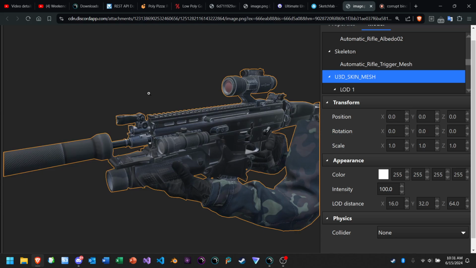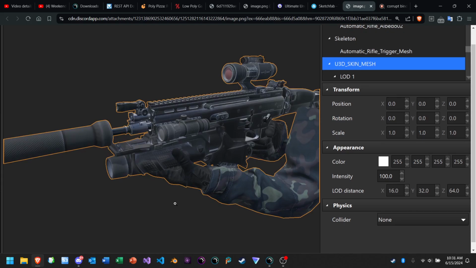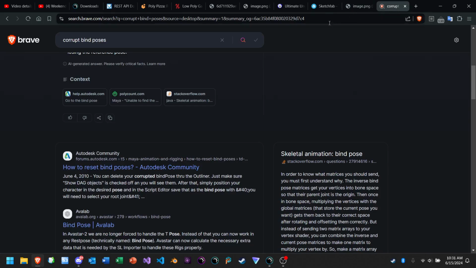Part of the loading process is it takes all the nodes and collapses them into one top level node. So currently I'm looking for a little utility that will pre-apply the inverse bind matrices and collapse everything. There's something called